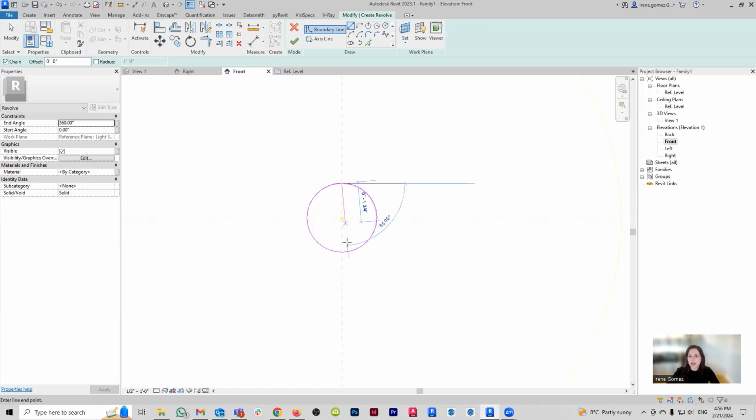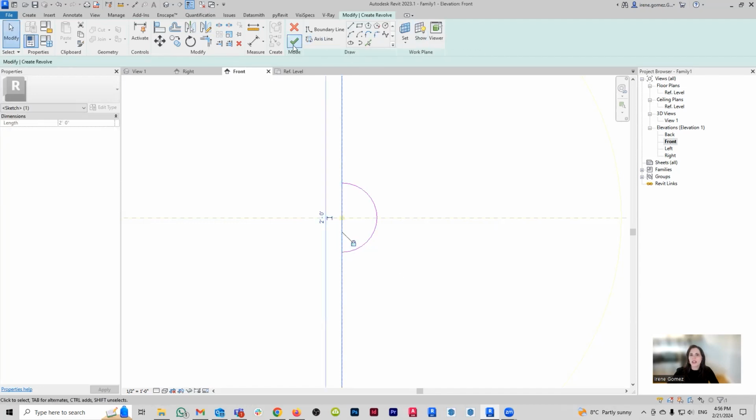And then I'm going to draw a line here in the middle, and that is because we're working with revolve. Revolve is only half of the circle. So I'm going to go SL to use my split tool. I'm going to break this circle, and then I'm going to use my trim tool, TR, to trim the excess of my circle. To finish up, I'm going to pick my axis line for the revolve, and I'm going to pick it to be the reference line that we see here and lock it up.